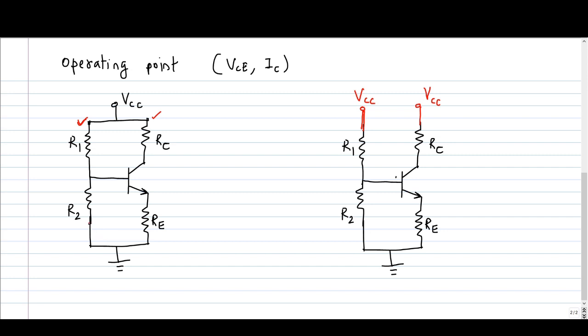Similarly, if you observe the circuit, two bottom ends of R2 and RE are connected together and it is connected to ground. So I can show two separate grounds instead of showing a single ground. R2 is connected to ground and RE is also connected to ground. So these two circuits are exactly equivalent without any change. The only difference is I have shown two separate sources and two separate grounds. Now let me draw a partition here separating these two parts.